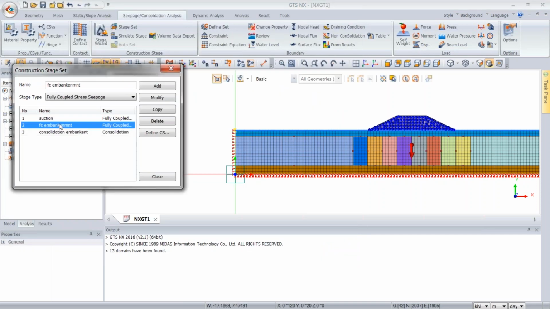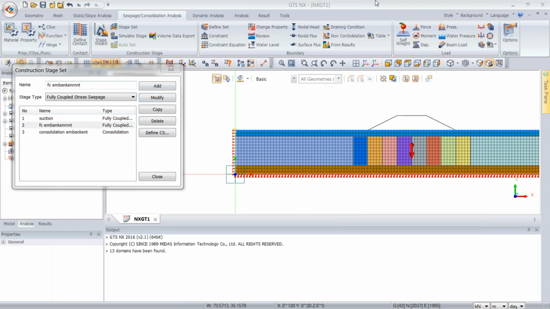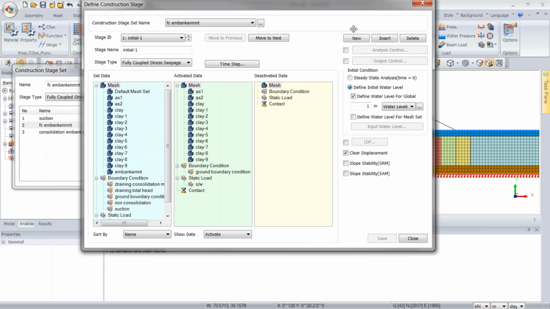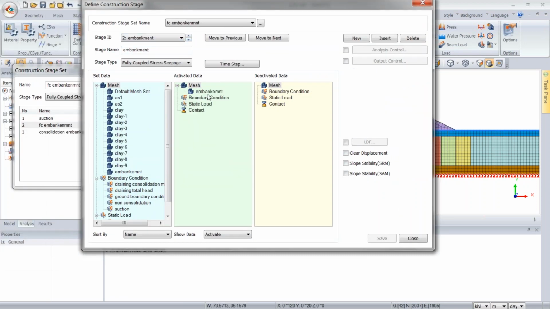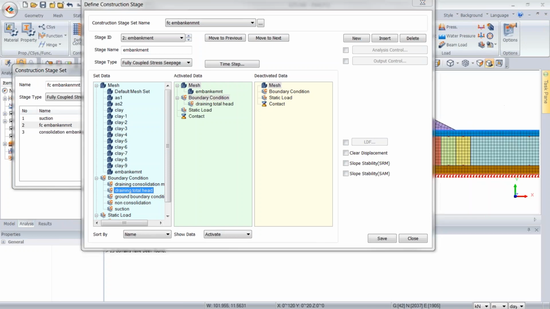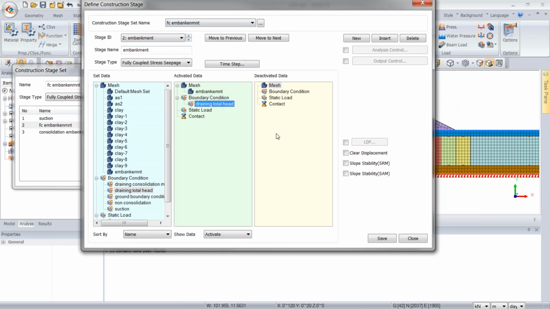So I just realized that I forgot to activate the boundary condition for stage number 2 here, or case number 2. So here in the second stage, we activated the embankment. We also want to activate our head draining condition for this stage. So that was one thing I just realized I missed. So for the fully coupled embankment, we have our own drainage condition, but we're using the head, difference in head,